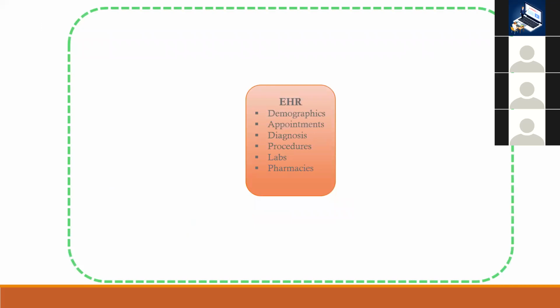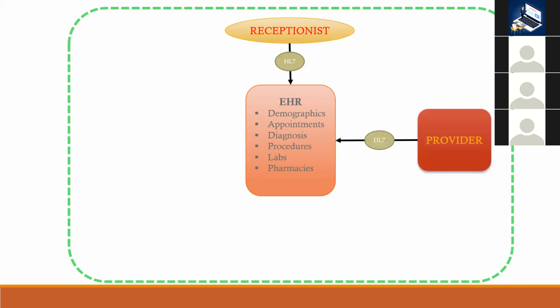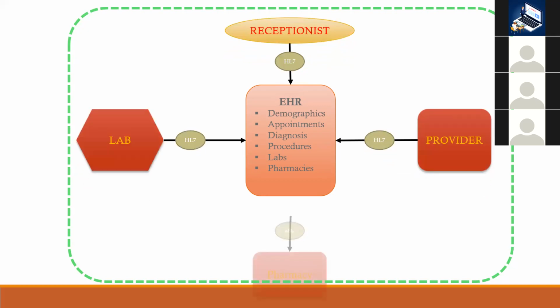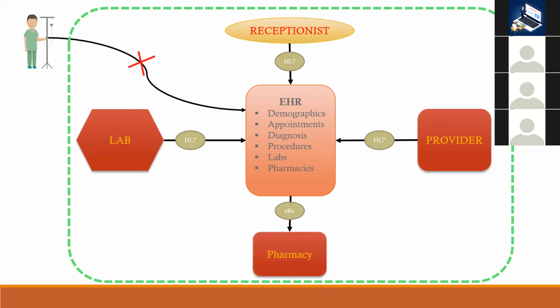Now we know that the data is consolidating in EHR. Demographic data is coming from PM to EHR and that is being saved there. Appointments data is coming over, diagnosis information is saved, vital data, allergy data, and labs data, pharmacist data, everything is being saved into the EHR system. So there are various entities who will actually send the data to the EHR system. But unfortunately, patient himself, who is the owner of that actual data, doesn't have access to this information,